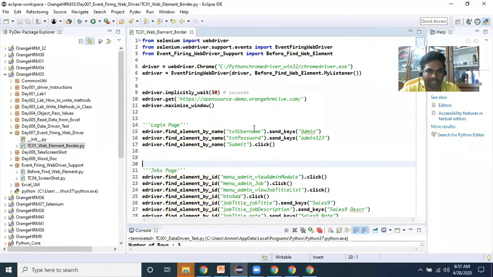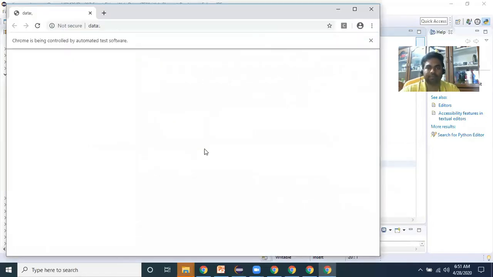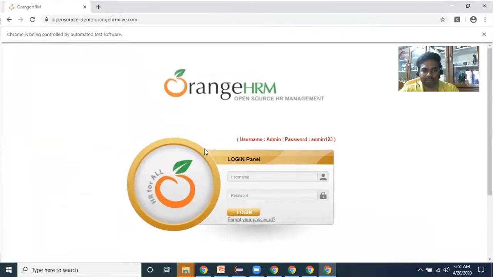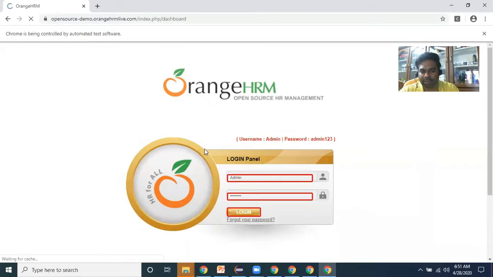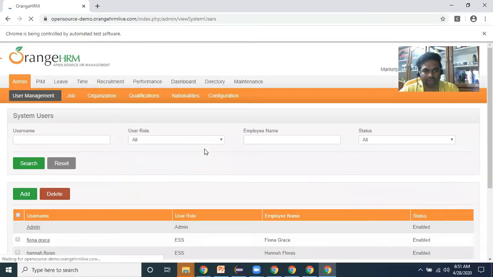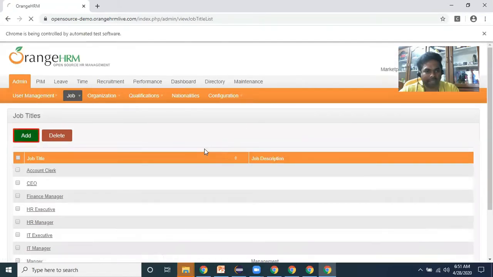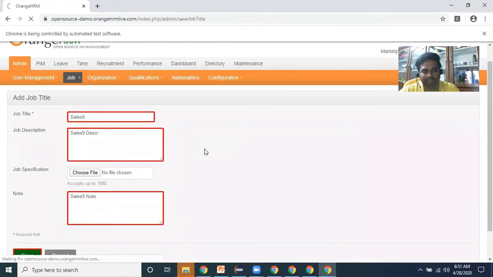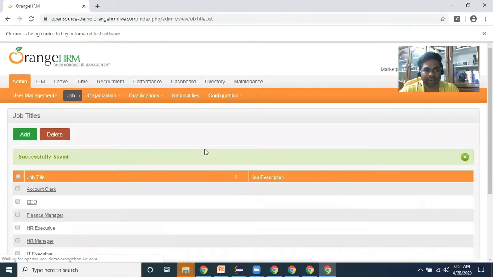Now let's run this program and see the output. See, the admin, username and login button web element borders are highlighted. So we can easily understand which line of code is executing during runtime.